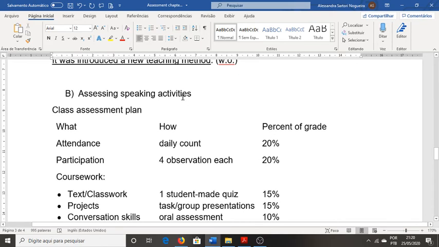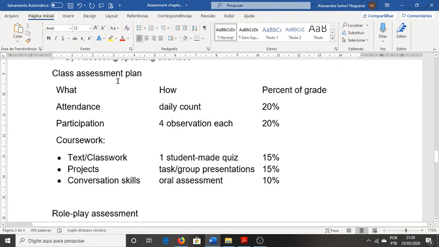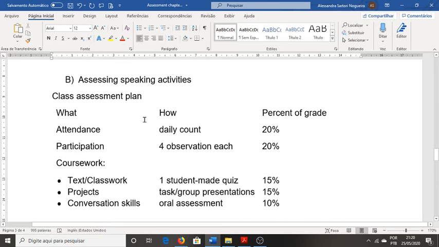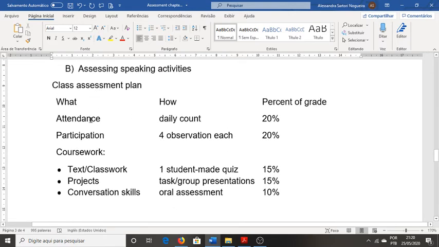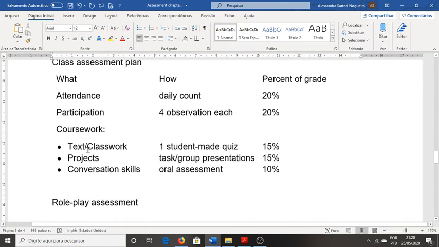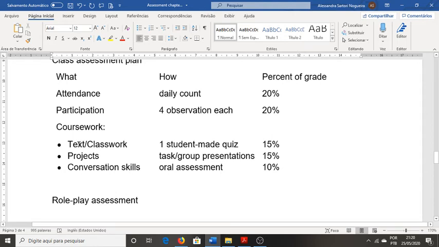Well, letter A was assessing writing, and letter B here, assessing speaking activities. These are some examples that I brought from the book. So she brings this table for a class assessment plan: what, how, and percent of grade. So she gives an example of a teacher who's going to evaluate attendance. How, daily count, if you're present every day, and the percent is 20%. Participation, 4 observations each, 20%. Coursework, and then she says, okay, text, classwork,